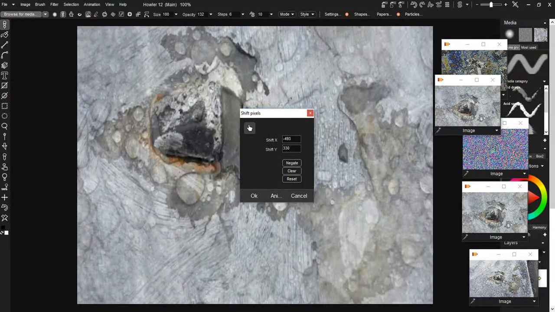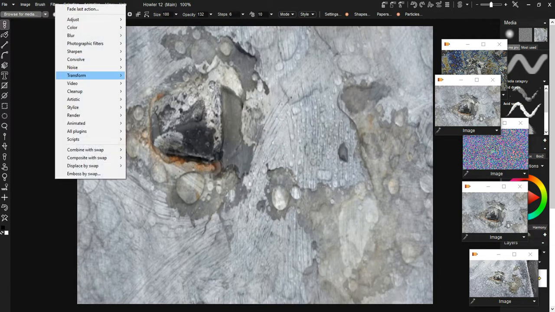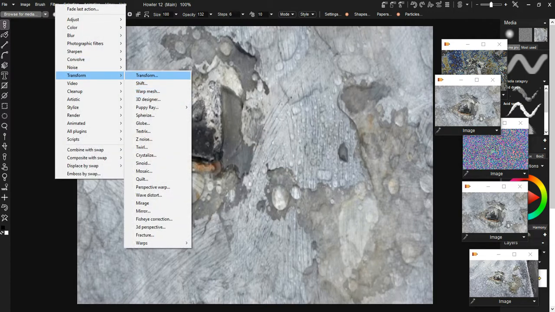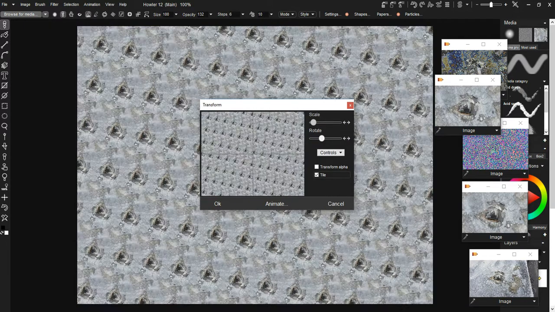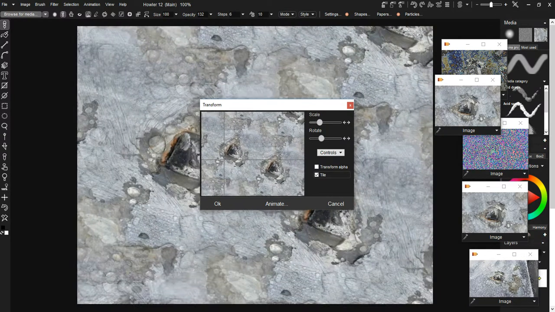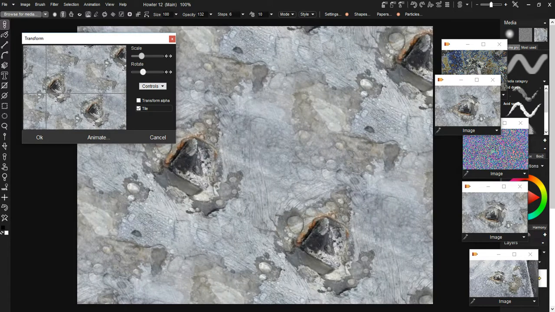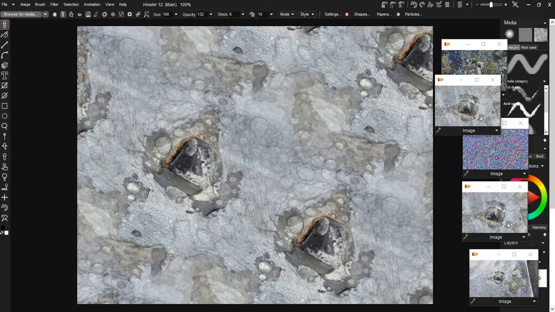So I'm going to just have it perhaps a little bit on the side here, and actually I'm going to also rotate it. Why not use the full filter? That's under the transforms. There, transformed. And so I'm going to rotate this a little bit, scale it up a tiny bit. I don't want it that small, but here we've got now two of these icons, or rocks, or whatever they are. Oh, these are where the water splashes out for the windshield. That's on the top of my old car. So we've got the rotation, we've got the tiling. We want to keep that and okay that. And then of course now it might, well,